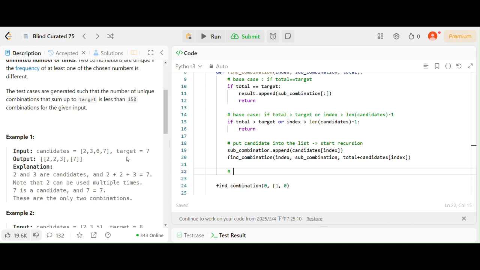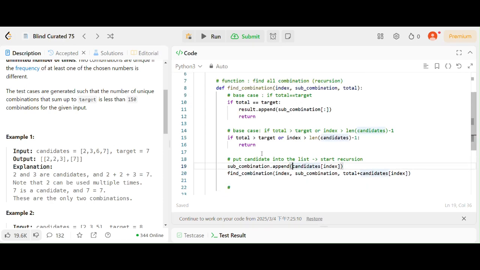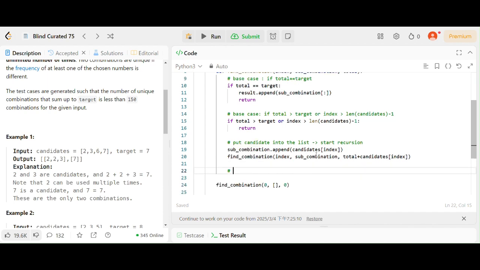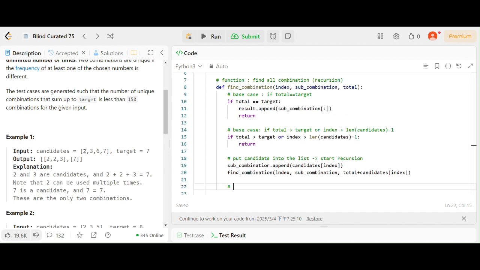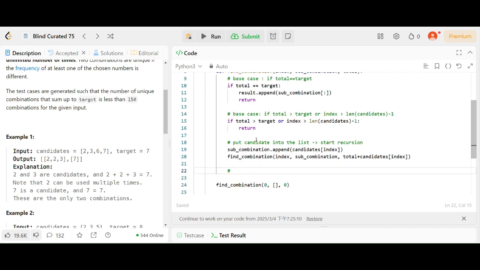So with these two parts, we put each candidate into the two base cases to check if it is equal or bigger or anything else. But if, for example, 2 plus 2 plus 2 plus 2 is 8, it's not equal but it's bigger, so we will stop here. So now we will start backtracking here,